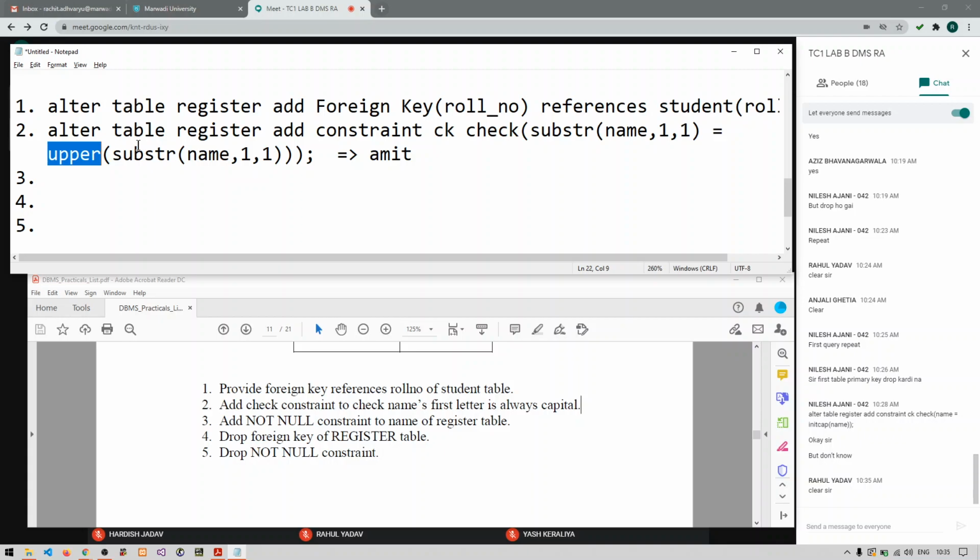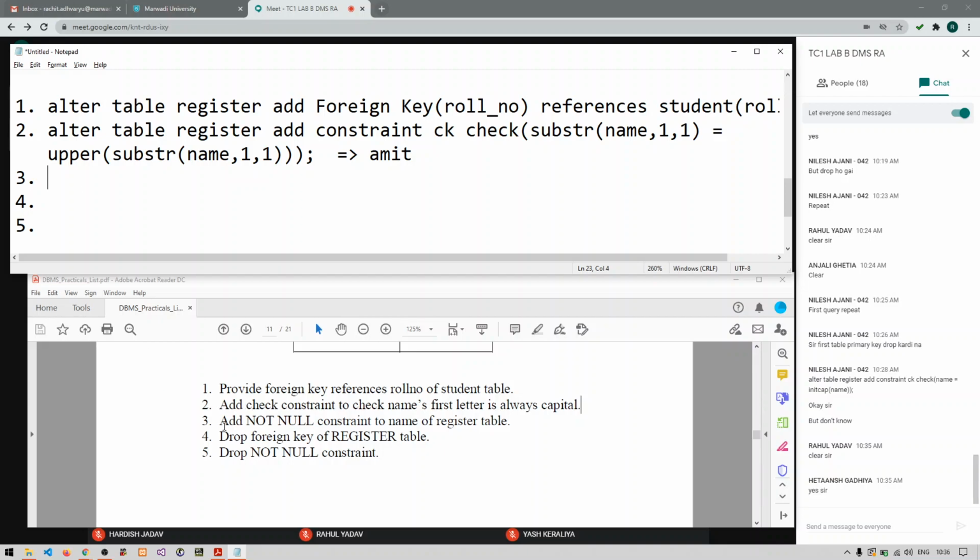Shall I repeat again? Does anyone require repetition? Tell me whatever you want, repetition or clear or anything else. Okay, then moving on.